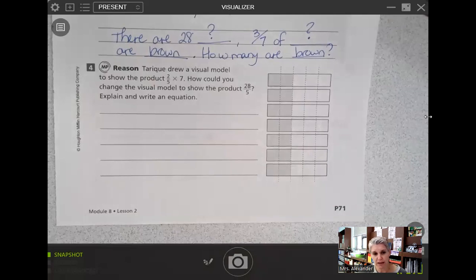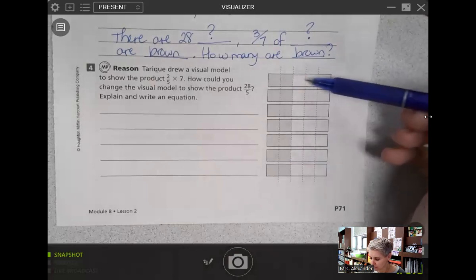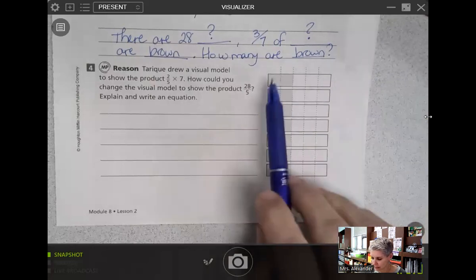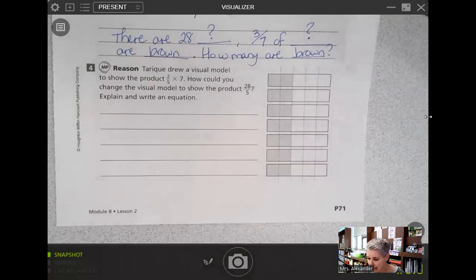Tariq drew a visual model to show the product 2/5 times 7. Let's look at his model. 2/5, 1, 2, 3, 4, 5, 6, 7. So we have 7 of them, and there are 2/5 of those 7. How could you change this model to show the product 28/5? Well,